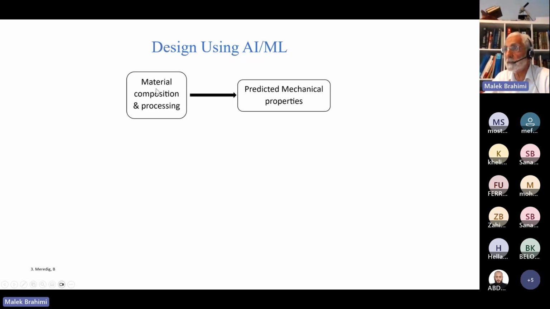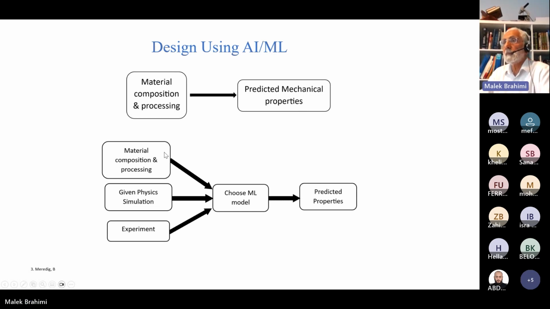If you give it this information, it will give you the properties, because the AI has all the programming languages and all the programming to do the tasks, to do the calculation, the physics, everything. And ML will do the rest. It will get the data and give you the predicted mechanical properties. How is that done? As follows. First we take this material composition and processing, and have all this information. For example, steel C1018, with carbon, manganese, sulfur, and so on, all the components.